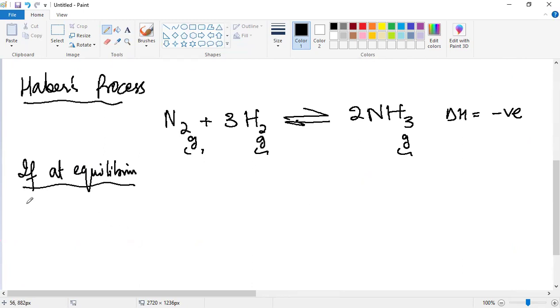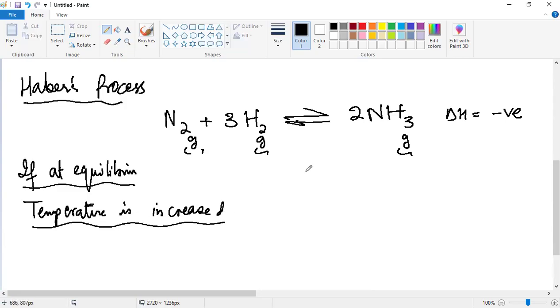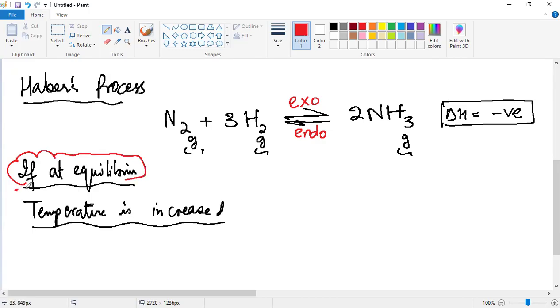So let's say if at equilibrium the temperature is increased. Now the delta H given at the end of this reaction tells me the nature of my forward reaction, which is exothermic. Negative means exo. Whereas the backward reaction will be then endothermic. If forward reaction is exo, then backward reaction will be endothermic. And that's a fact. Now, if I increase the temperature for this reaction at equilibrium,